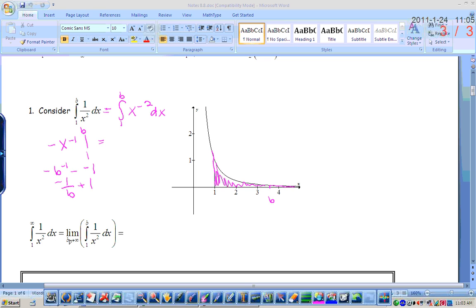All right, so what we're going to do is take the limit as b approaches infinity and integrate from 1 to b of 1 over x squared dx. Well, I just did that up here. So the whole integral from 1 to b of 1 over x squared equals negative 1 over b plus 1. And if I take the limit as b approaches infinity,